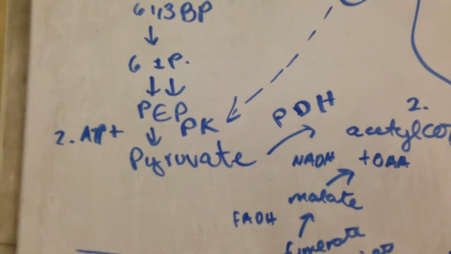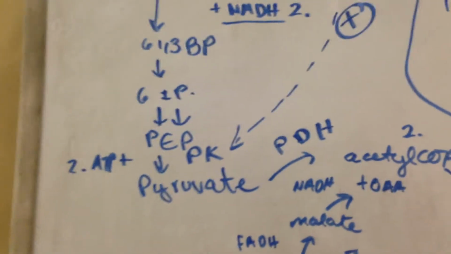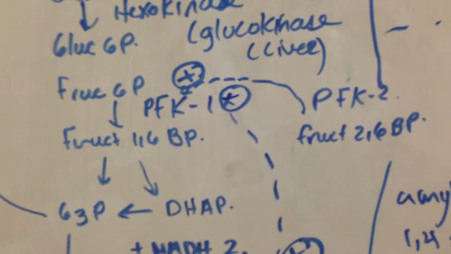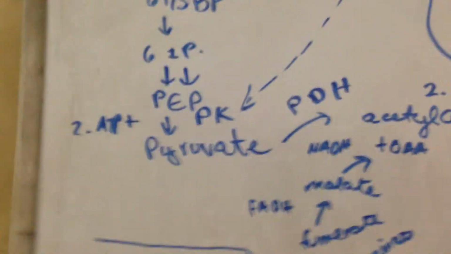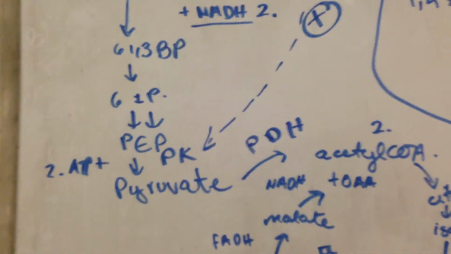Okay, so now we go from phosphoenolpyruvate to pyruvate, and this is done through pyruvate kinase. Pyruvate kinase is actually activated by phosphofructokinase 1. Okay, so it activates pyruvate kinase. And this whole reaction generates two